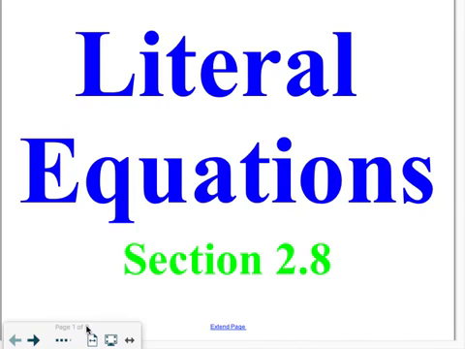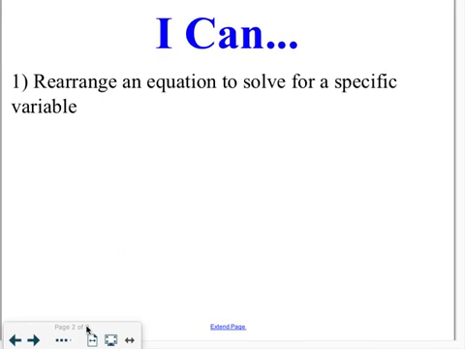Hello class, today we are going to talk about the first part of section 2.8, which covers literal equations. The next video will cover the second half of 2.8, which talks about dimensional analysis. At the end of today's video, you will be able to rearrange equations to solve for a specific variable within